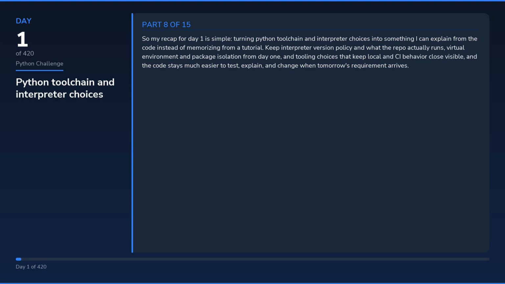So my recap for day 1 is simple: turning Python toolchain and interpreter choices into something I can explain from the code instead of memorizing from a tutorial. Keep interpreter version policy and what the repo actually runs, virtual environment and package isolation from day 1, and tooling choices that keep local and CI behavior close visible, and the code stays much easier to test, explain, and change